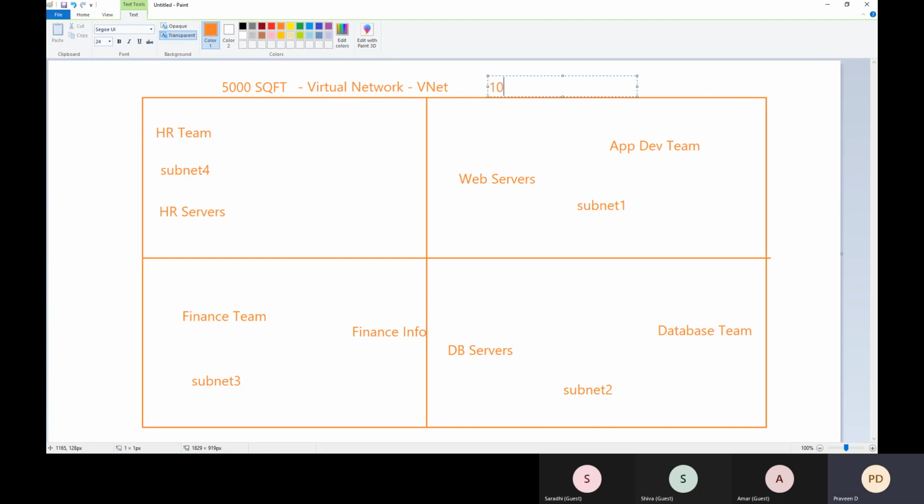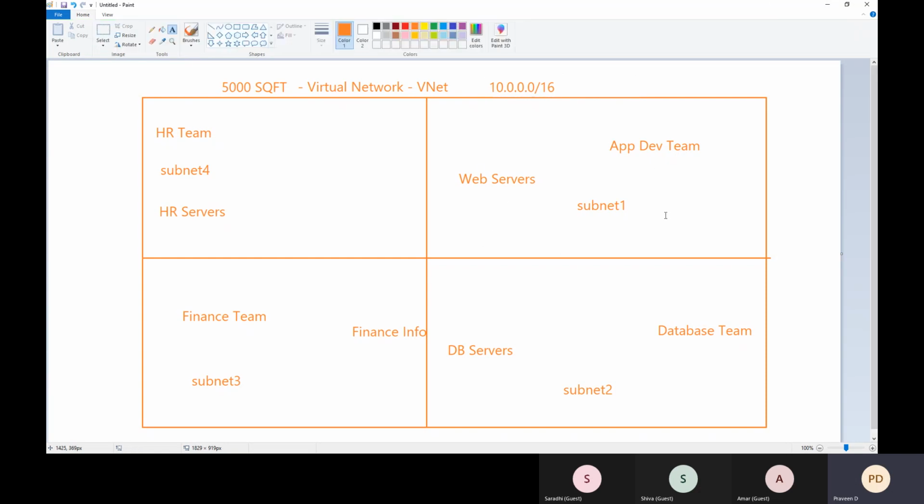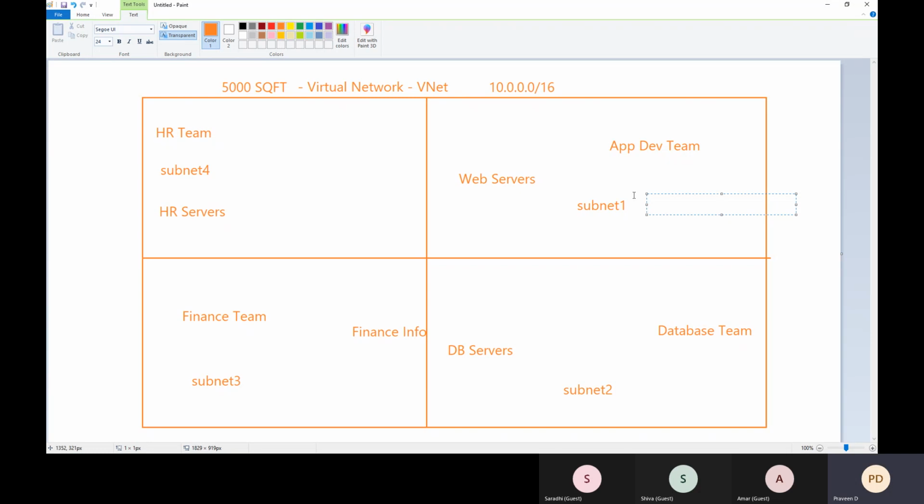Now for this VNet, we may give the CIDR notation as 10.0.0.0/16. So in this /16, 10.0 is reserved, right? So for me, available are only the third and fourth octets. For the web server subnet, I can give the subnet CIDR as 10.0.1.0/24.